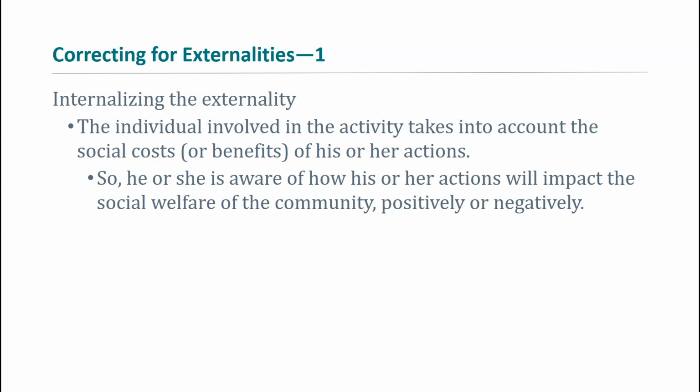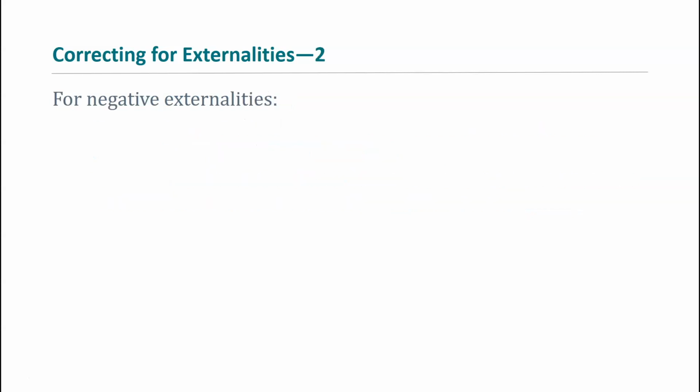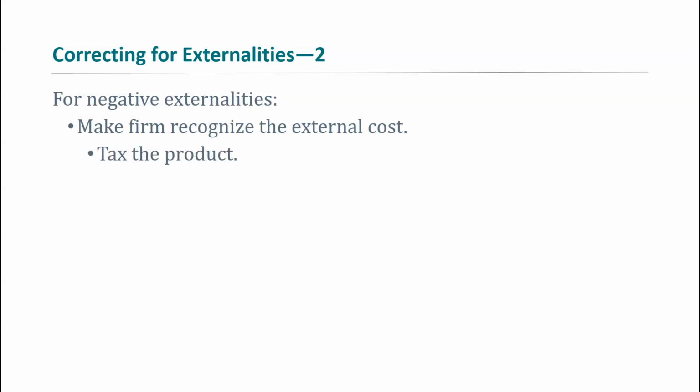How do we get you to internalize that externality? Well, there are some options that the government may have to make this happen. You want to make the firm recognize the external cost. You can do that by taxing the product, by saying, okay, for each widget that you produce, each one of your product that you produce, you have to pay the government some amount of money. And in that way, you're making their cost of production a little bit higher than their own internal